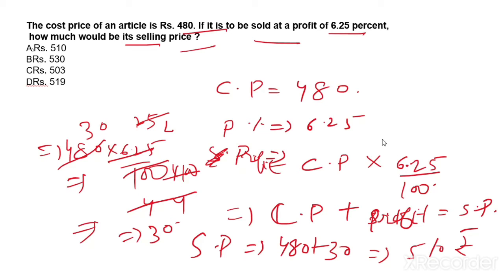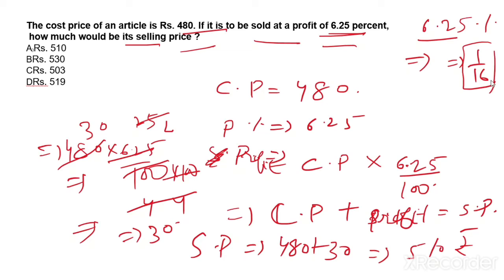And one more tip is here. देखो, we are given the profit percent 6.25%. If you have done percentage in a good way, then you might have known that 6.25% is equal to 1 by 16. When we are given profit percent, 16 is what? 16 is CP, because we are calculating the profit on CP, and 1 is profit. Okay, 1 profit है, CP है 16.